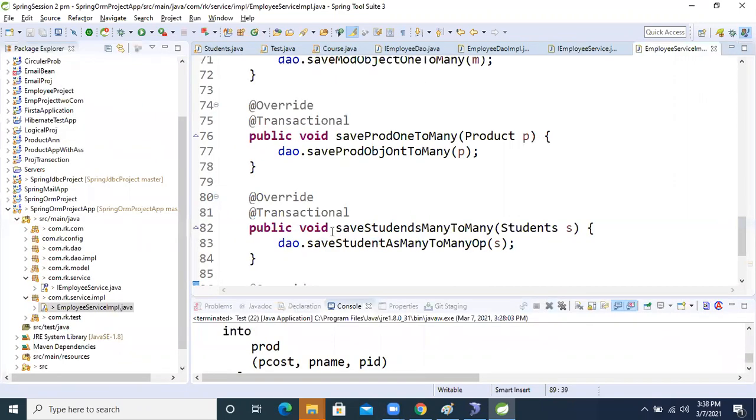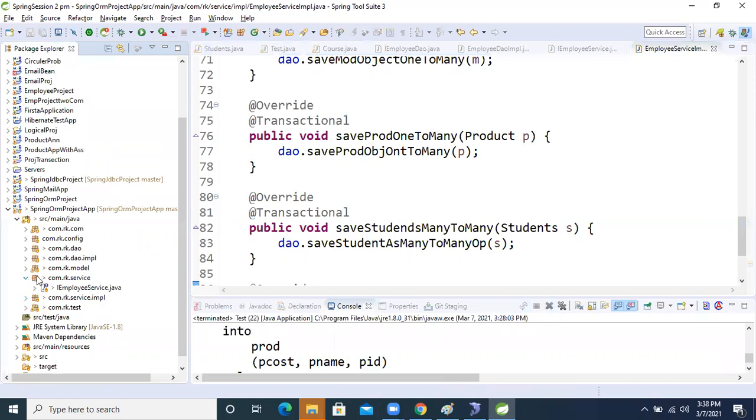But we still need to inject the data using this method. So let's now give a clear picture and even the conclusion of this application.